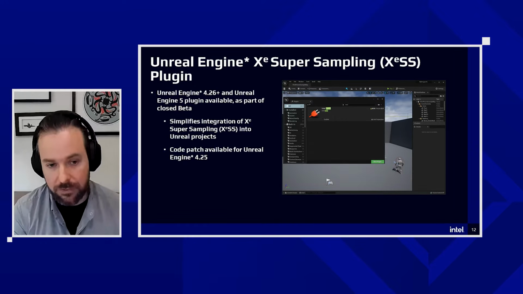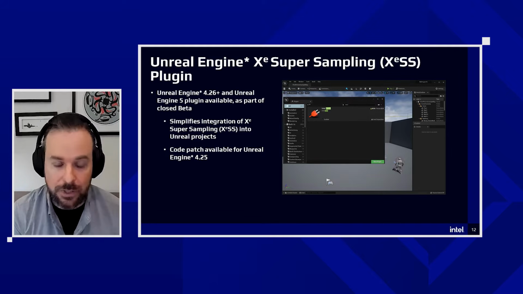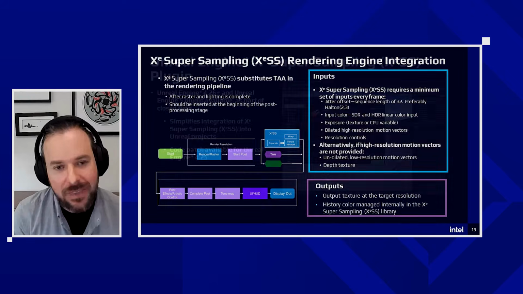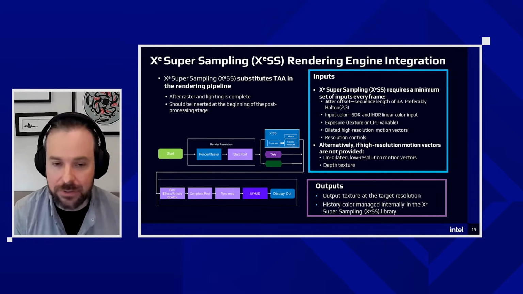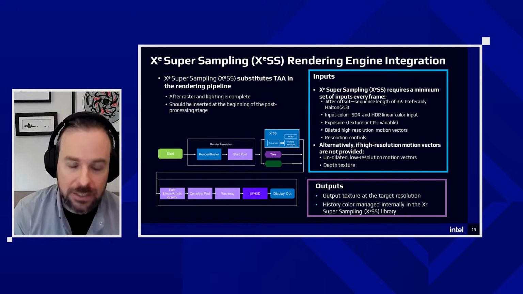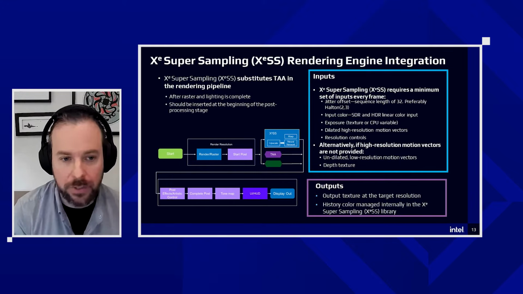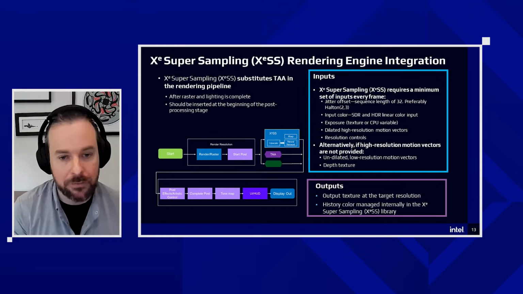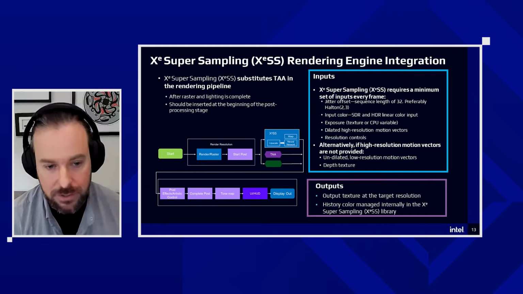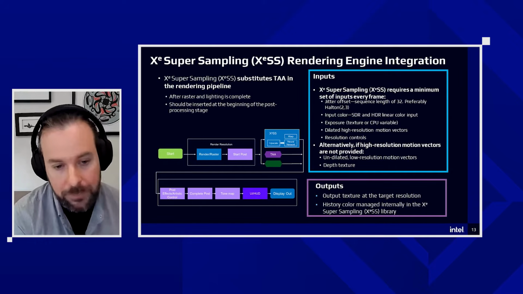For earlier versions, like Unreal Engine 4.25, you need a code patch to apply this. So how to integrate XeSS into your engine? If you already have TAA enabled, it's quite a simple substitution. Basically, it's inserted in the same place in the rendering pipeline: just after rasterization and lighting, and before all of the remaining post-processing stages, like artistic effects or tone mapping,